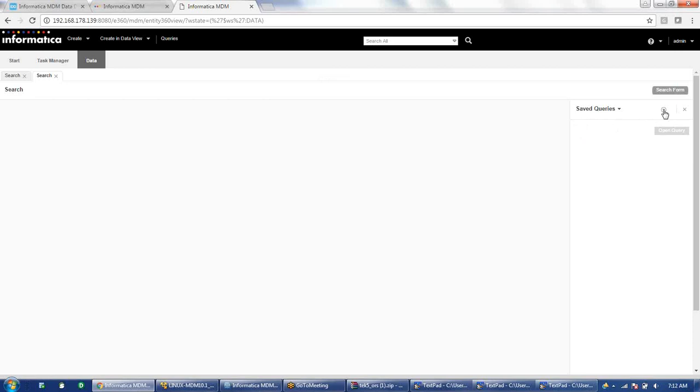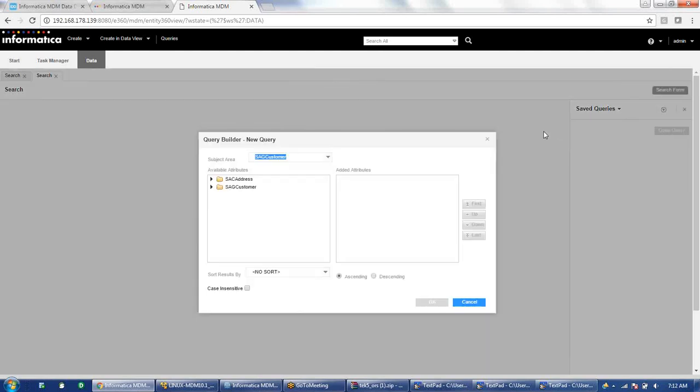How to create a query is you have to click on this drop down and new query. Two types of queries we can create, standard and advanced. We always use standard query. In the advanced we have an option to put and/or conditions, so that is generally not required. Everywhere we use the standard itself. So we'll click on this standard, and